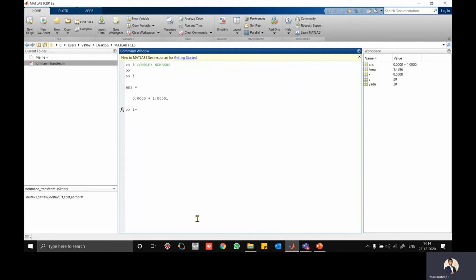Let's take i equal to 5. I am defining i equal to 5. If it is not defined anywhere, it becomes a complex number. But if it's defined, whatever the defined value is, that will be taken. Now the question is, okay, 5 plus 3i. See here, even though I have defined the i value here, when I write like this, 5 plus 3i, it considers it a complex number.